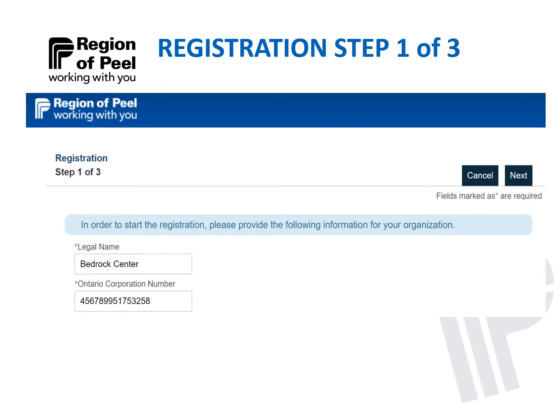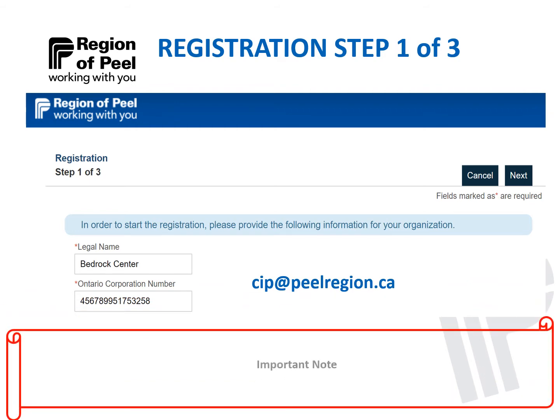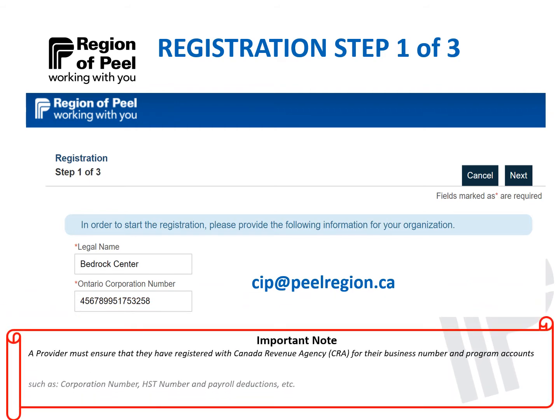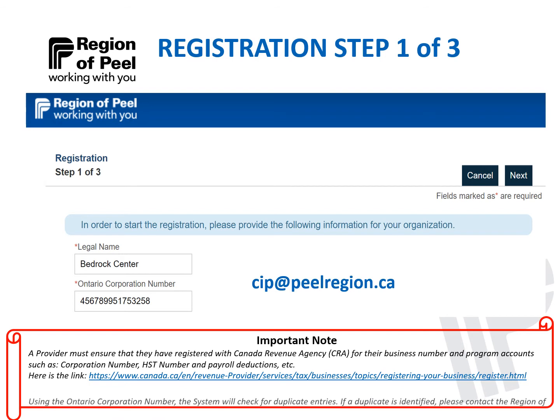Enter the organization's legal name and Ontario Corporation number. Then click on the Next button to continue. If you do not have an Ontario Corporation number, please send an email to cip@peelregion.ca. Important note: a provider must ensure that they have registered with Canada Revenue Agency, CRA, for their business number